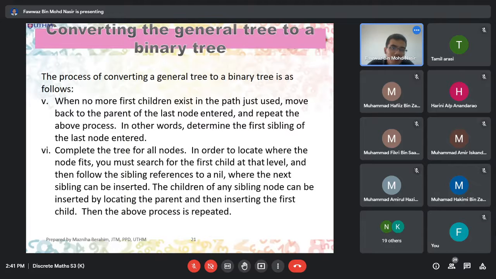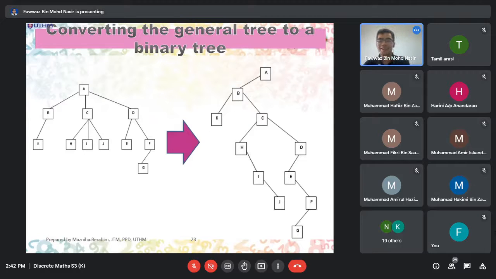Okay, where the next sibling can be inserted. So the children of any sibling node can be inserted by locating the parent and then inserting the first child, and the process is repeated. So yang ni adalah dia punya step-step untuk convert from a general tree to a binary tree. Okay, tapi basically apa yang penting, walaupun step dia nampak panjang kan, tapi satu benda yang korang perlu ingat kan